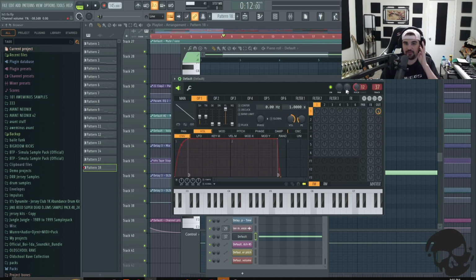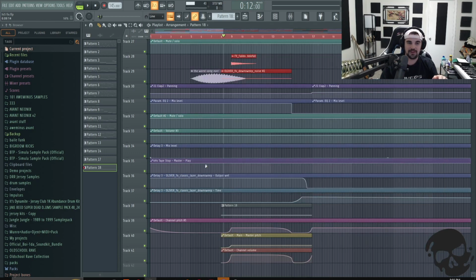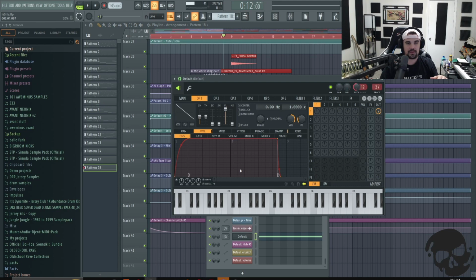You can see that I've got my volume and my pitch all the way down here because they're automated to go up over time, or pitch down rather, and then pitch back up. So all I'm doing here is a pretty basic Reese. If you don't know how to make a Reese, it is basically just going to be 2 or